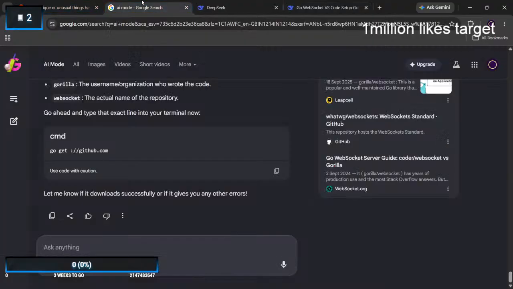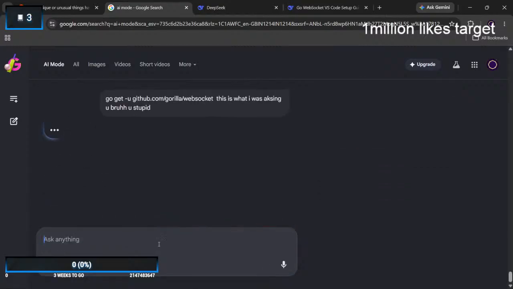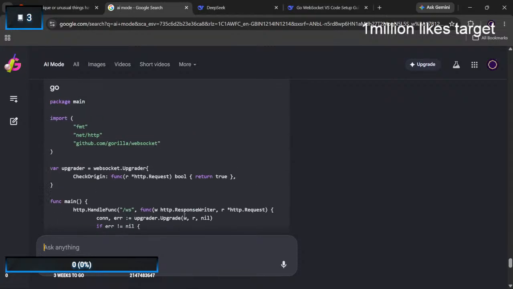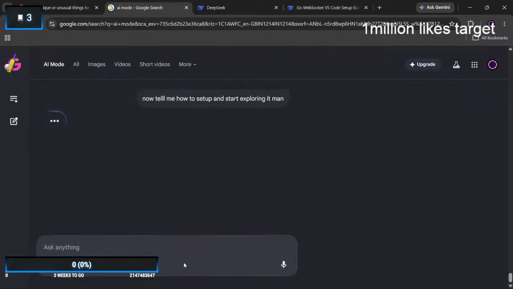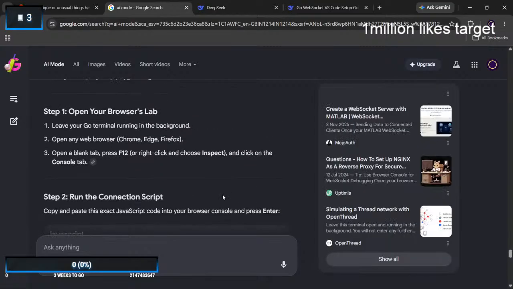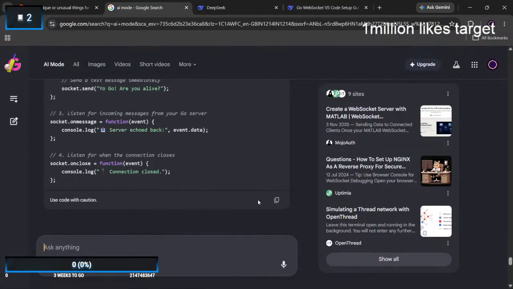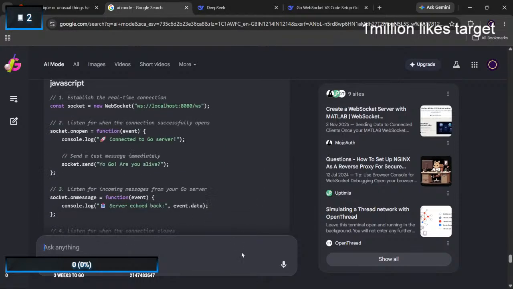I don't know what's wrong with the AI mode. But for real, I have asked you about the Go language.